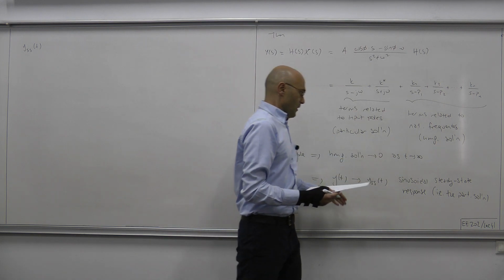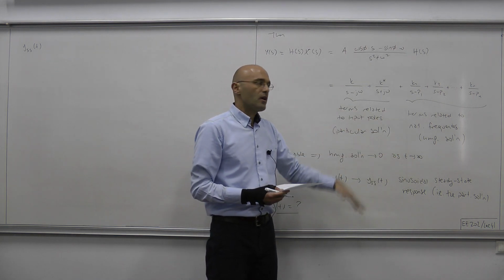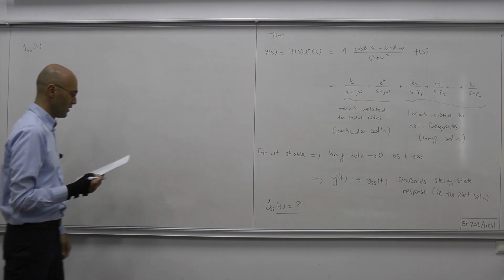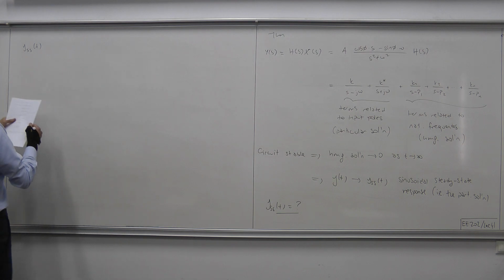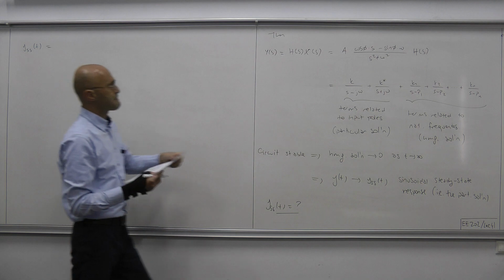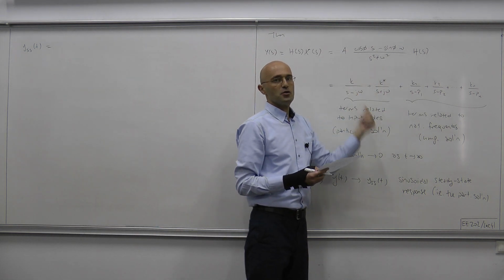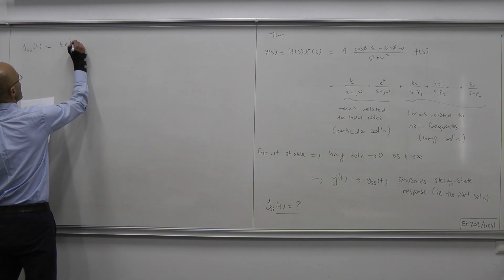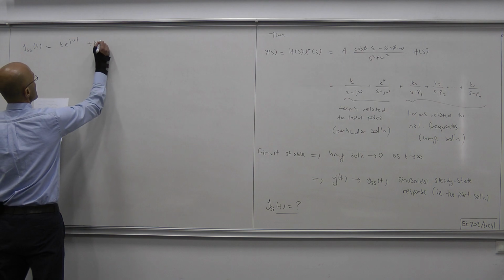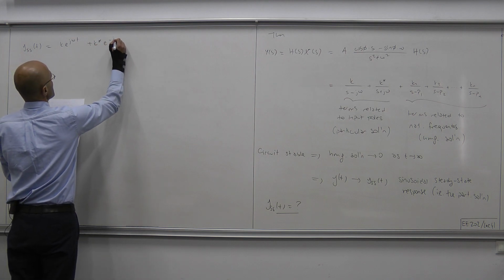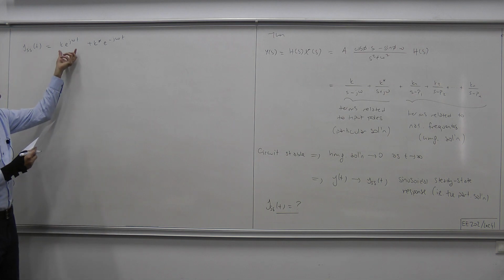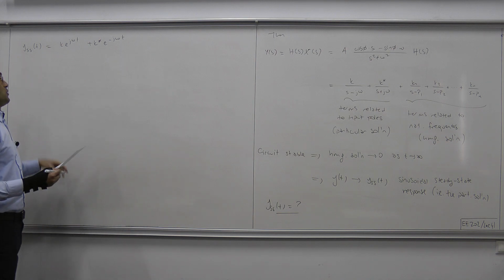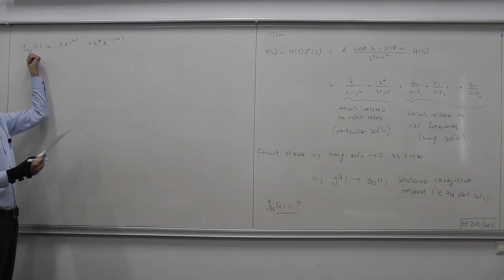And then as time goes to infinity, all those terms are decaying, and what will remain is what we're calling the steady state solution. So the steady state solution, therefore, is the inverse Laplace transform of these two terms, and that equals k e to the j omega t plus k conjugate e to the minus j omega t. Okay, note that this and that are complex conjugates of one another, which they must be, because this signal must be real,